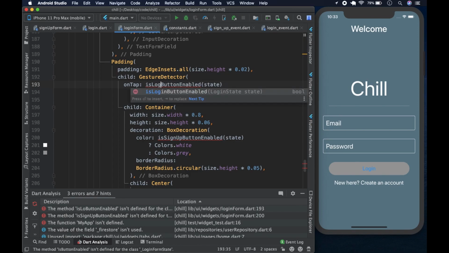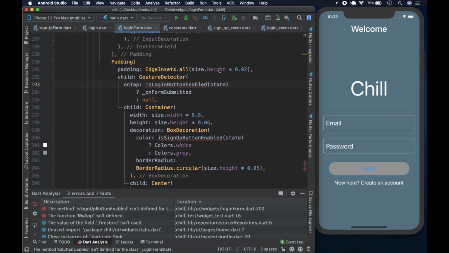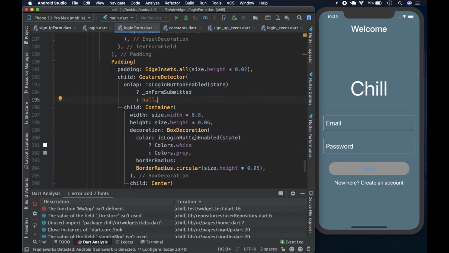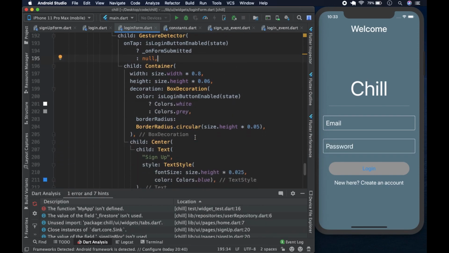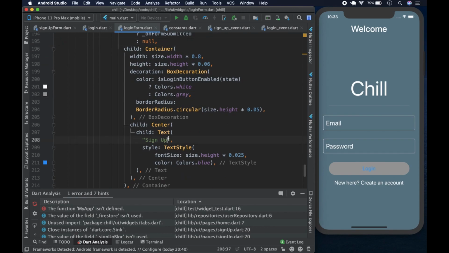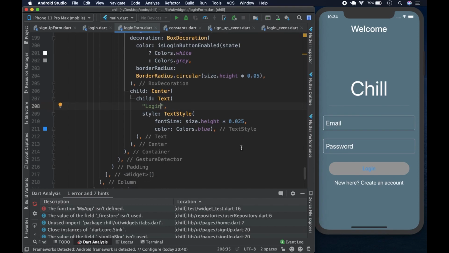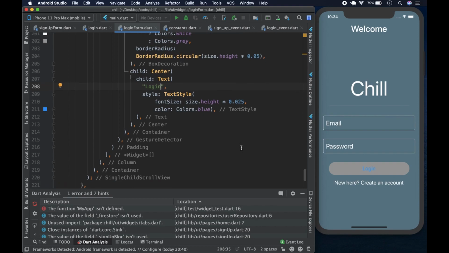Is login button enabled? Is login button enabled? And the button is going to say, as you can see on the simulator, login. So we're going to have the login there, like so, and at the end of the